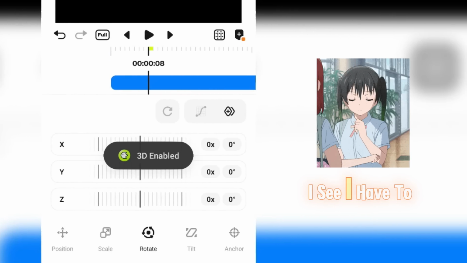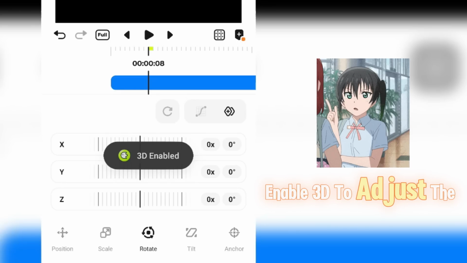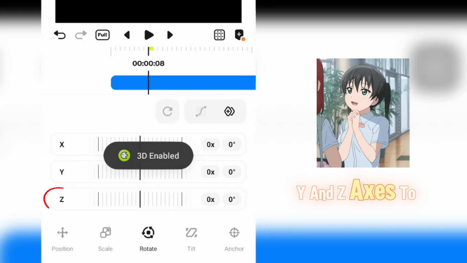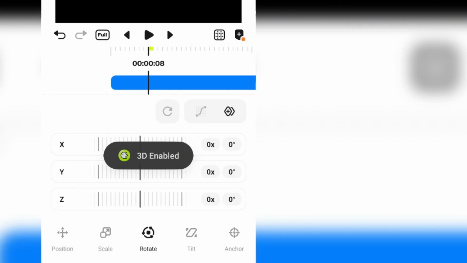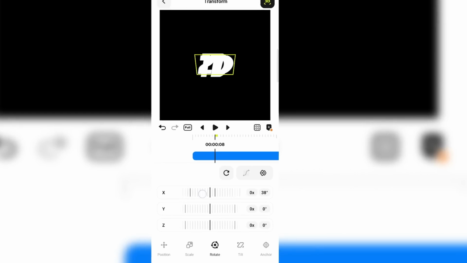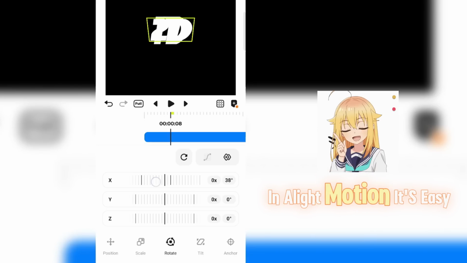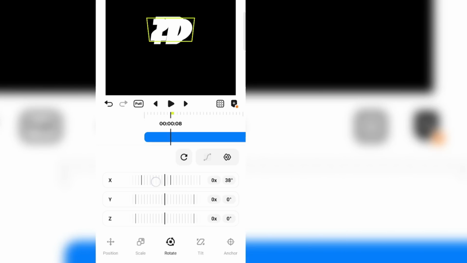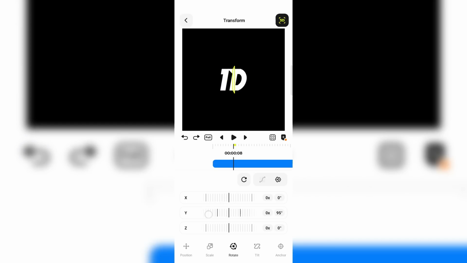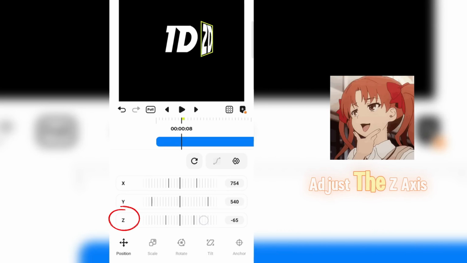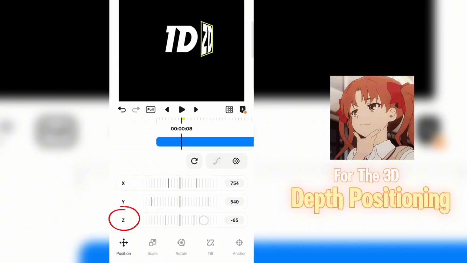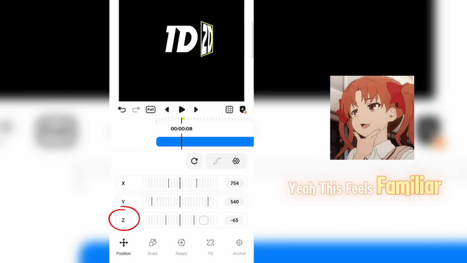I see, I have to enable 3D to adjust the X, Y, and Z axes to create 3D movement. The rotate section works like the flip layer effect in Light Motion, it's easy to adjust. I think I need to adjust the Z axis for the 3D depth positioning. Yeah, this feels familiar.